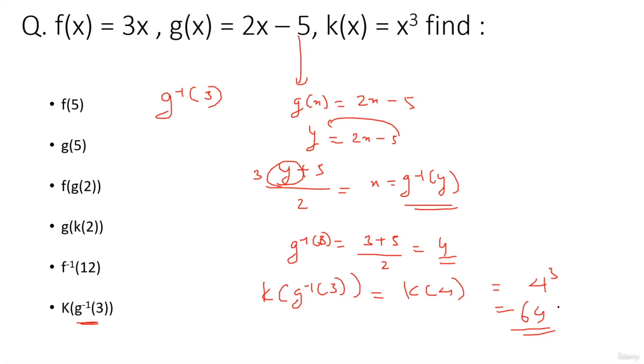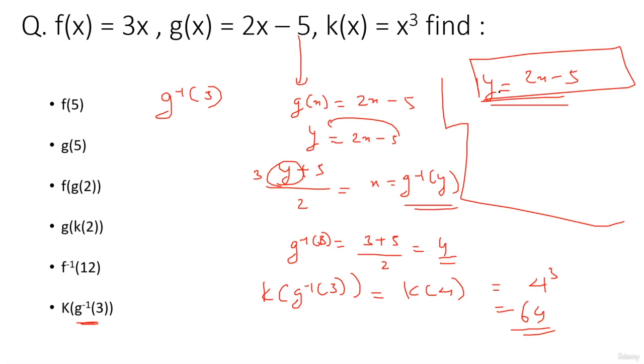Okay guys, इसको सॉल्व करने का एक और शॉर्टकट देखो। ये है कि see, we know that for this particular function y is equal to 2x minus 5, the inverse will definitely exist, right? Inverse will exist, okay, because it's a bijective function. Now guys, for g inverse 3, in the place of the input, we have y here, right? In place of y now we'll be substituting 3, ये भी मुझे पता है।